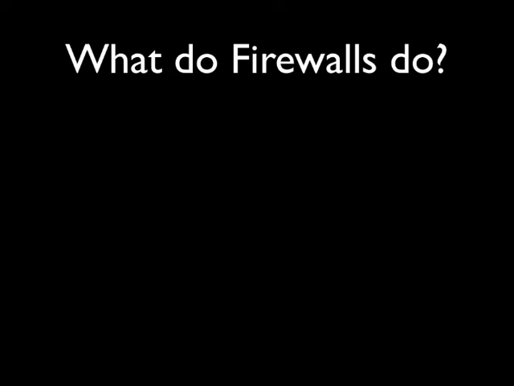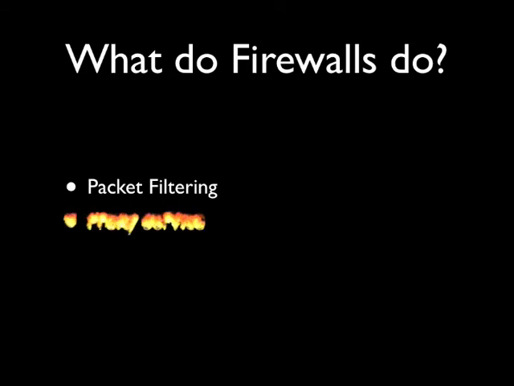There's three main things that a firewall can do. One is packet filtering. Packets coming over the internet are analyzed against a set of filters, and the packets that make it through the filters are received, and the packets that do not make it through the filters are dropped. Another thing that firewalls do is proxy service. The information from the internet is retrieved by the firewall and sent to the requesting system, and vice versa.